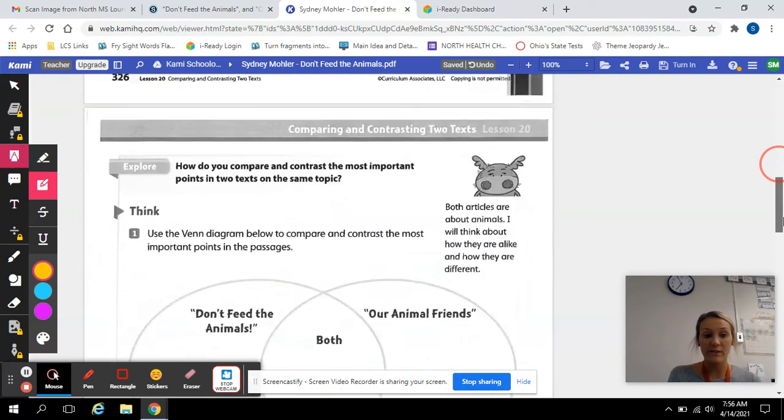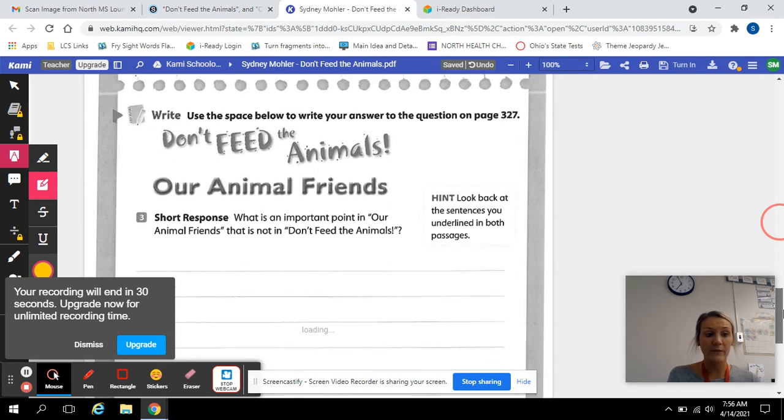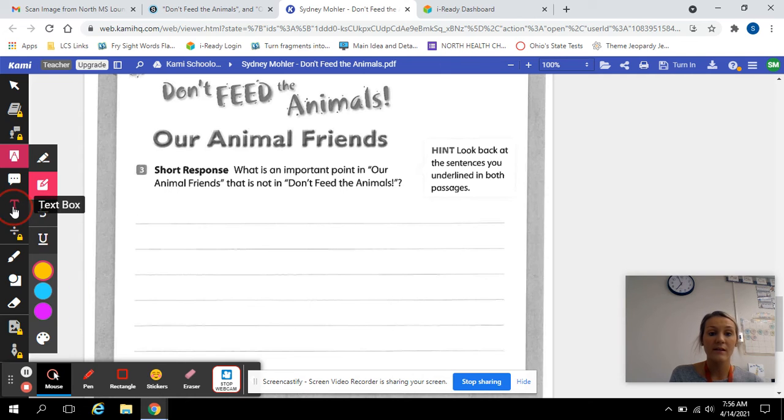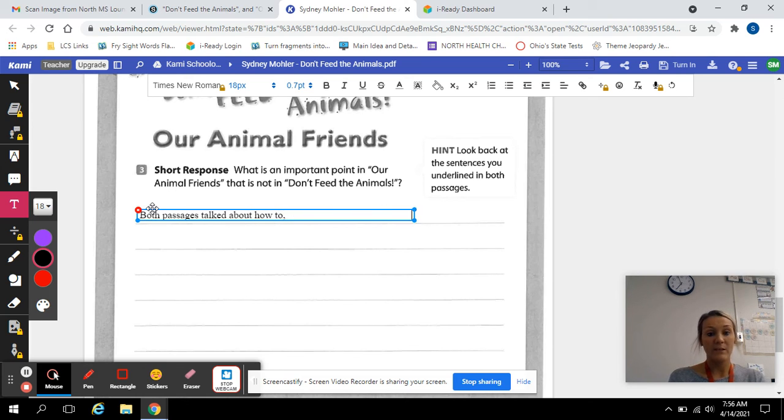So those are what we are going to plug into this graphic organizer. How is this one different from this passage? And then what is the similarity? So you guys can go ahead and do that. And then when you're done, you'll come down to the short response. What is an important point in Our Animal Friends that is not in Don't Feed the Animals? So let's say both passages talked about how to what? But then you need to say how this one is different. In Our Animal Friends, it talks